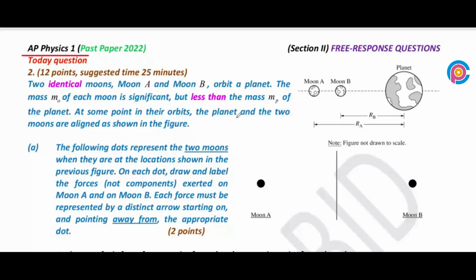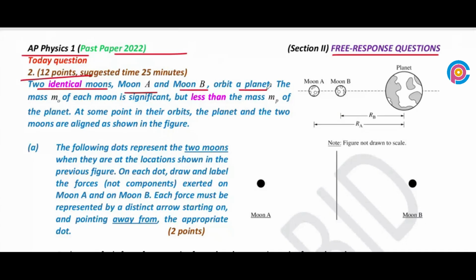Hi, we have the AP Physics 1 past paper 2022. We are discussing the free response question section. In this section, question 2 carries 12 points. In this question, two identical moons, moon A and moon